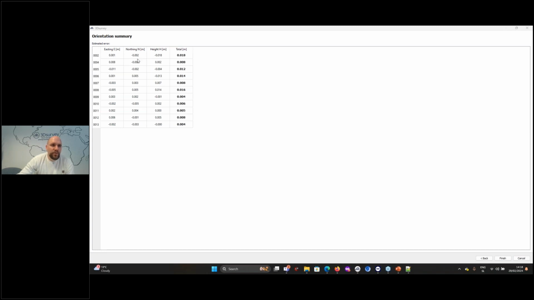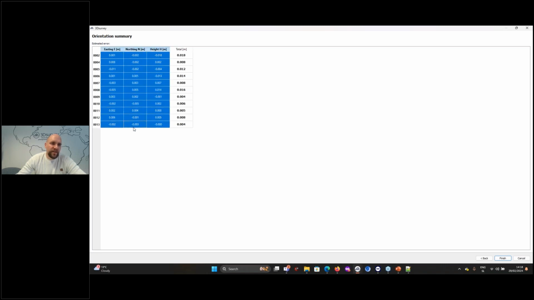This is the difference between where we measure the points with GPS and where these points are in our photogrammetric model. So the final accuracy of the results would probably be average of these values.